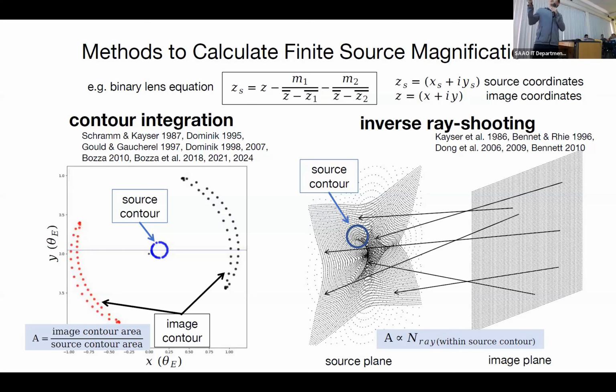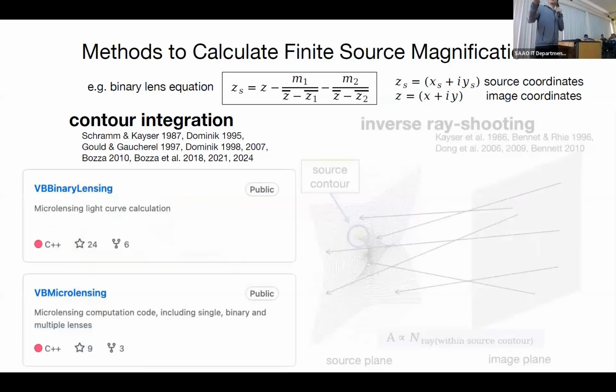Inverse ray shooting is kind of a reverse process to contour integration. In contour integration, zeta is given and you need to solve z, but in inverse ray shooting, z is given and you need to calculate zeta. So you can shoot from this uniform image plane to the source plane according to this equation, and you'll find that there are some specific patterns, the caustics. We can place the source contour here, count how many rays are located within the source contour, and the magnification is proportional to that. Today I'm going to mainly talk about the optimization of contour integration,